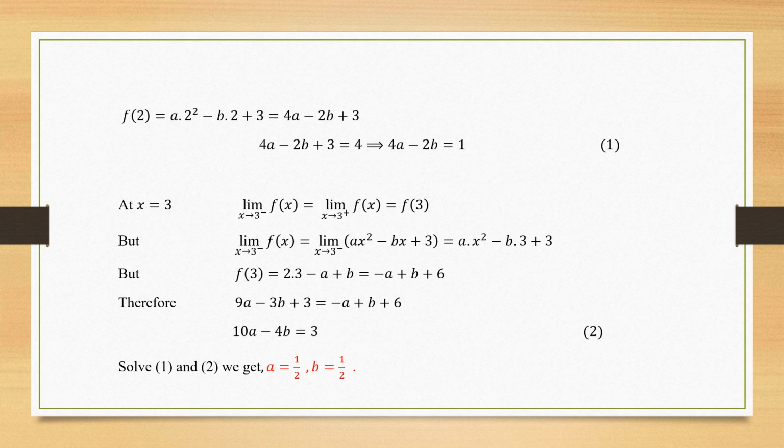Solving 1 and 2, you will get the values of a and b to be half and half. Not necessarily, all the time you may not have the values of the constants as equal. It may vary. At times they can give you only one constant or they might give you three constants. But try to adapt to the concept that if a given function is continuous, the left limit and the right limit coincide. So you can equate them and solve to get a resulting equation. Based on the resulting equations, solve them and get the values of the constants. Hope you understand.